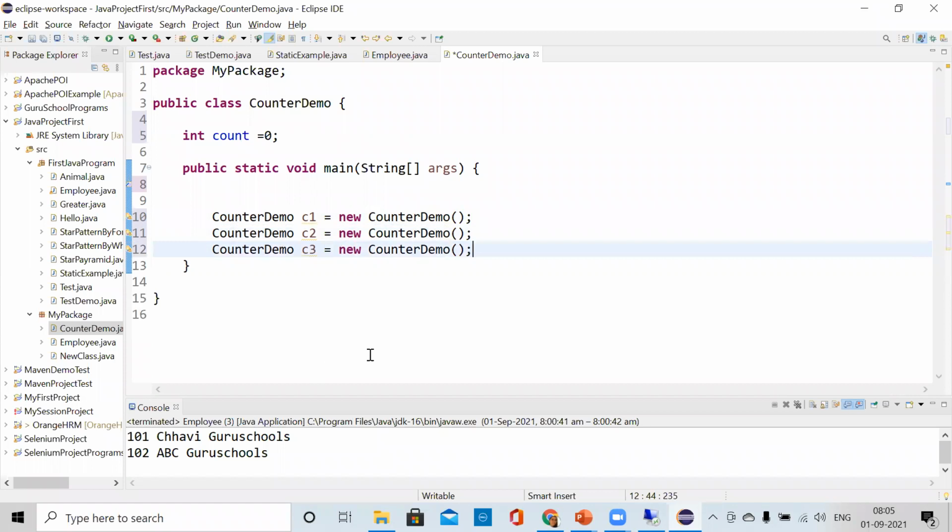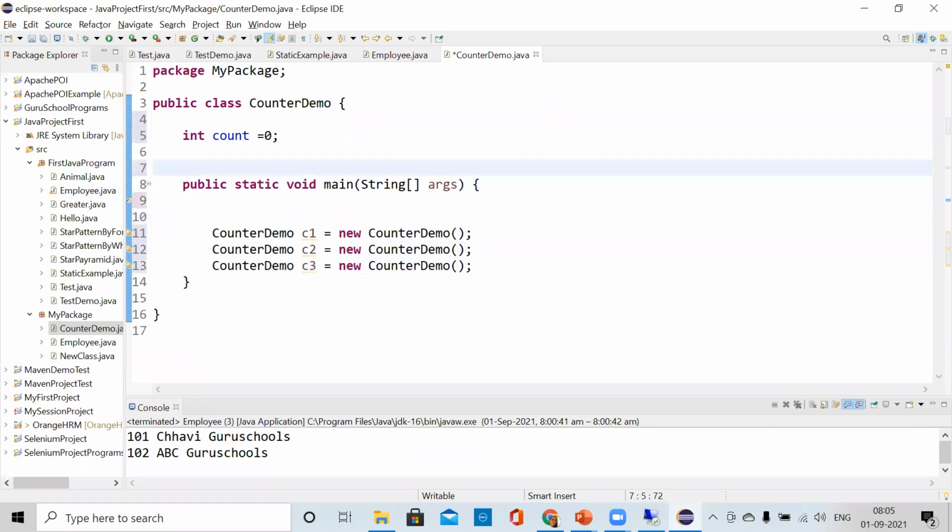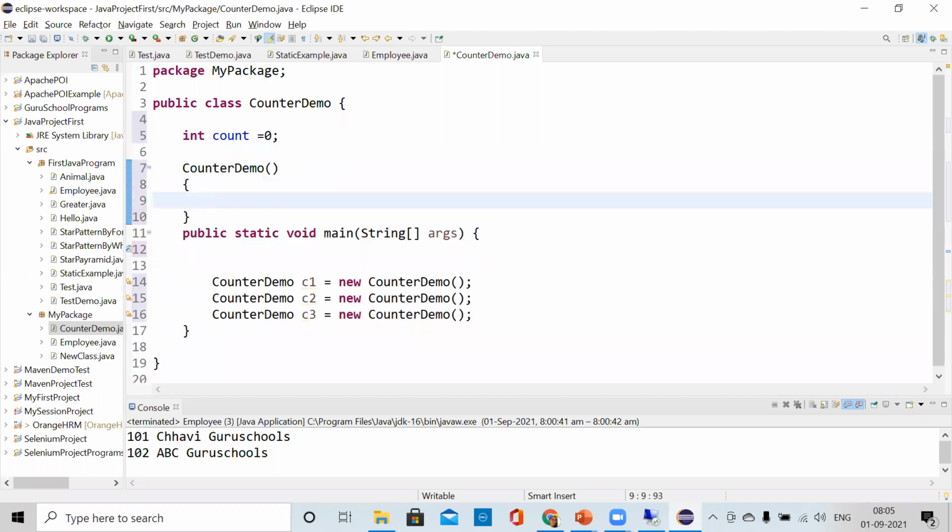And we have to make one constructor. We forgot to make the constructor. So just make a constructor. Here we are doing count plus plus.